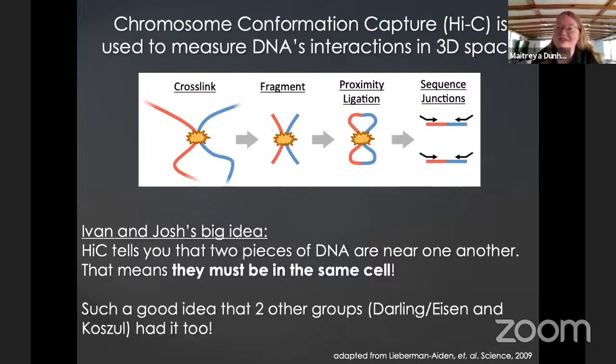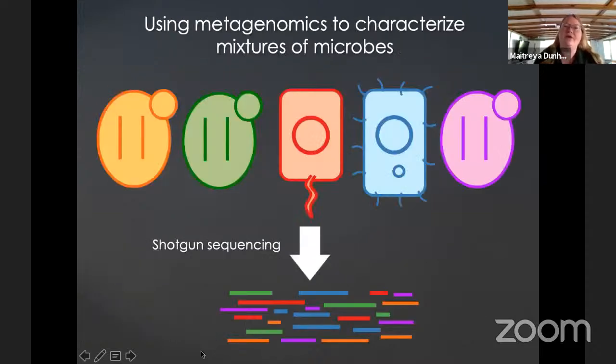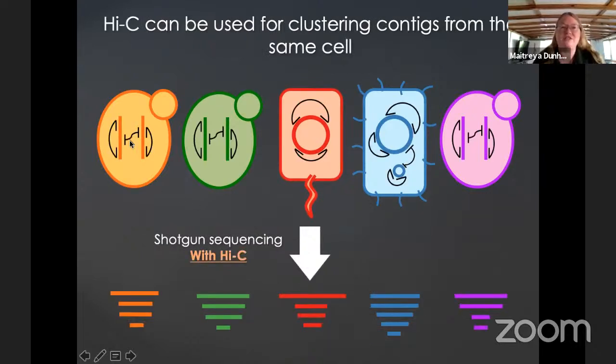And I should mention, it was such a good idea that two other groups were also working on it at the same time. And so it's really interesting to see how the different groups have kind of gone on to implement things slightly differently and also use it for different applications. So I'd encourage you to go and look up their bodies of work. Okay, so what this does is it now allows us, instead of having this big mixture here, to use these crosslinks to cluster reads, essentially. So what we do is we create little contigs, and then we bin them according to who's got links between them. So this lets us now sort everything out.